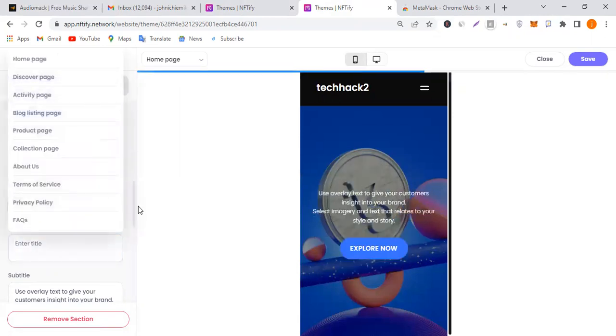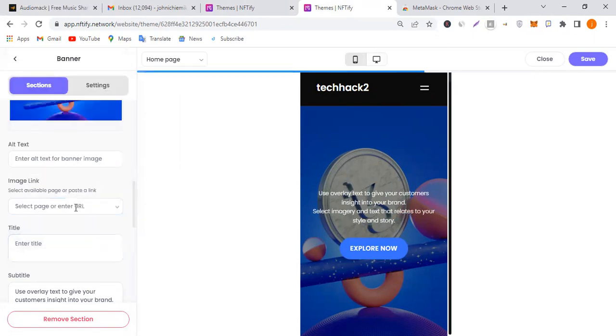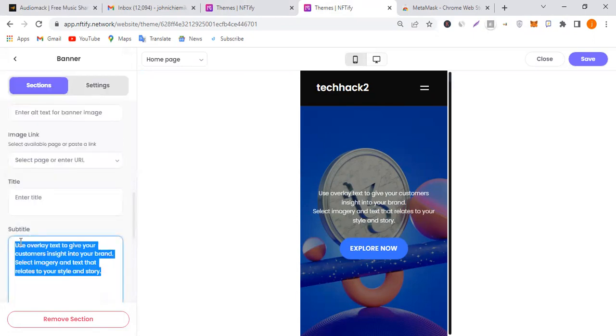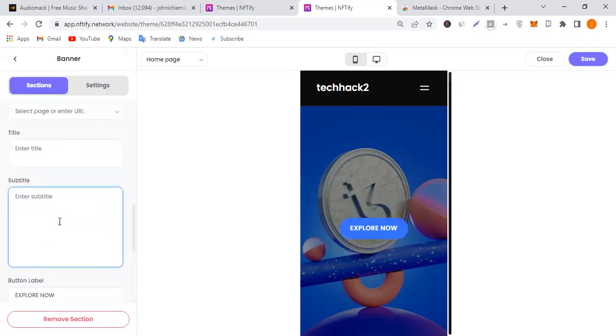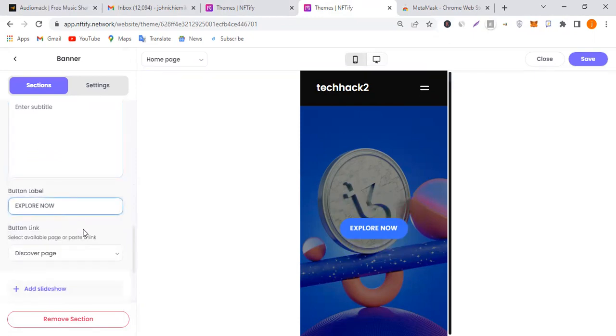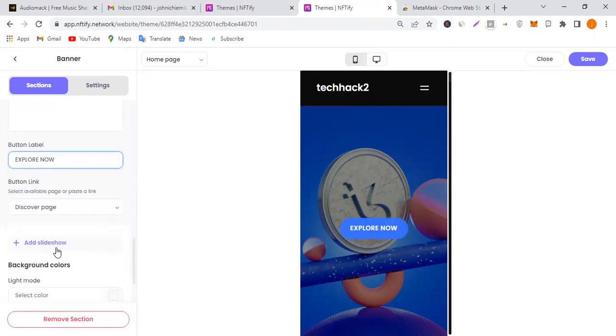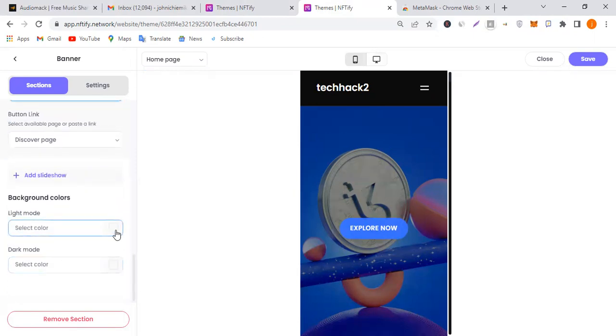Now if you want to add a link, you can add an image link if you want to. So now I'm going to move this also. I'm going to just make it simple, explore now. So now the explore now button, once they click on it, it's going to take you to the discover page. So background color, I'm going to put